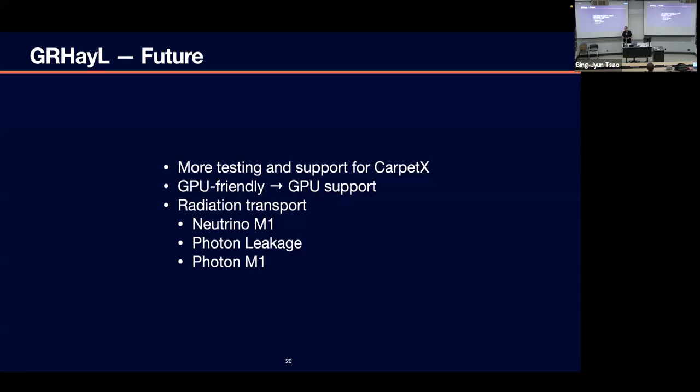Any more questions? Yes. If we're just using GRHayL as the library part, it wouldn't know the grid structure, so for things like shock capturing, things that deal with the grid, you have to implement it after. So if we're dealing with things that are agnostic to the grid, how do we do shock capturing? Basically, that's the idea.